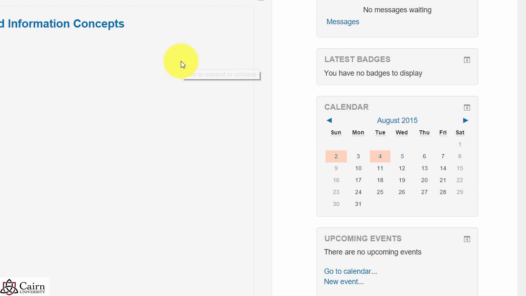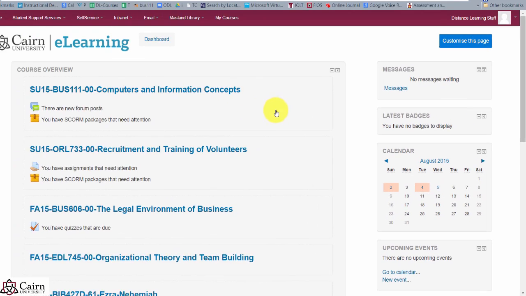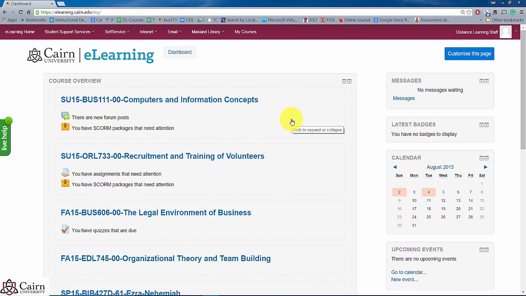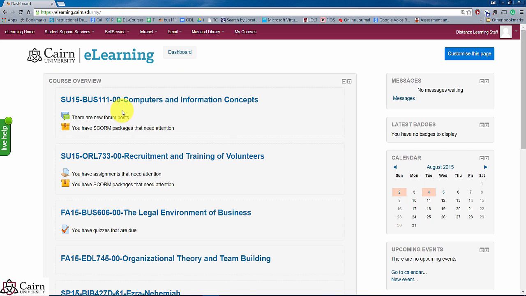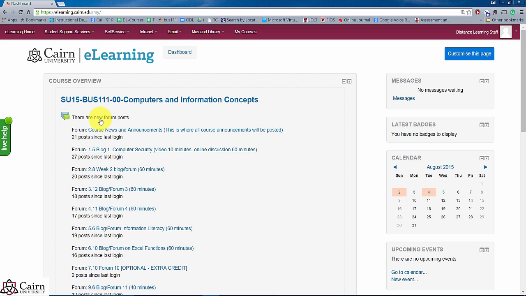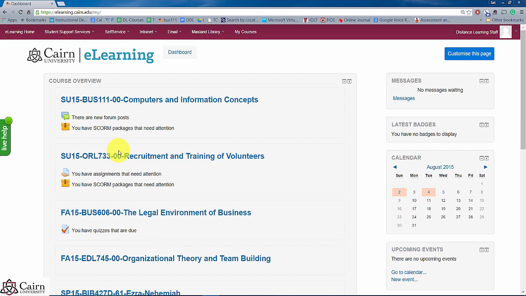Then once you log in, and this is new with Moodle 2.9 or eLearning 2.91 here, you'll have this dashboard. The dashboard is basically a listing of courses and resources that students receive or view, and faculty views as well. The nice thing here is that if you have certain things that need to be taken care of, you'd click on any of these items in here and it'll expand them out. The idea as well is that you can click on the course and it will take you to the course